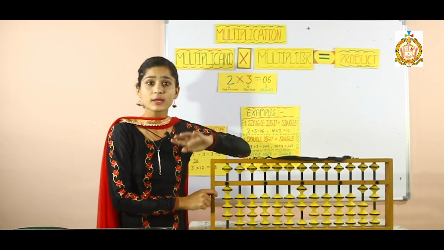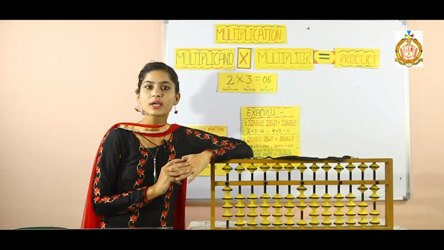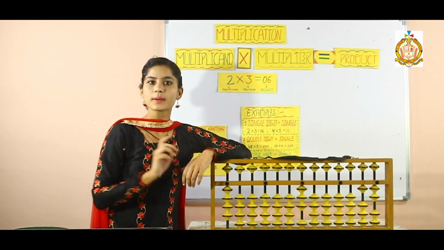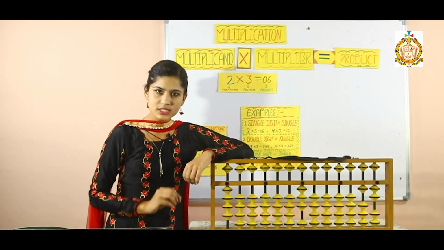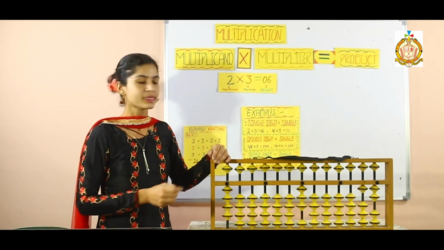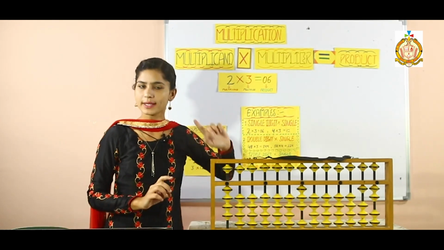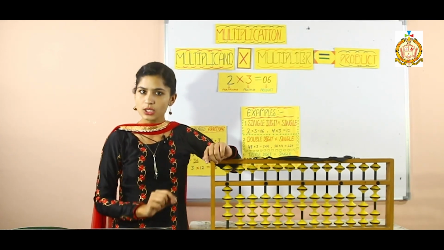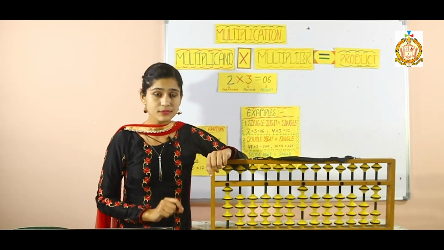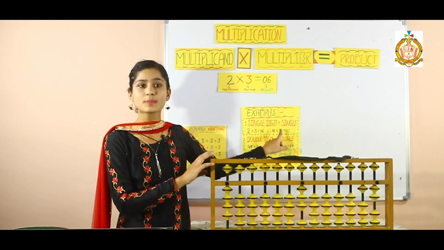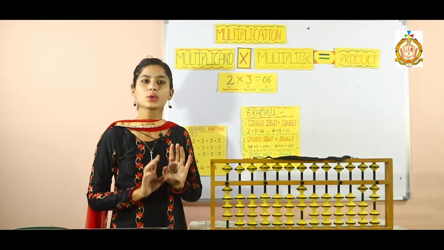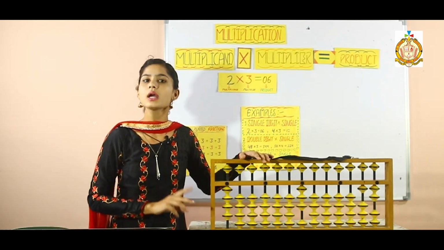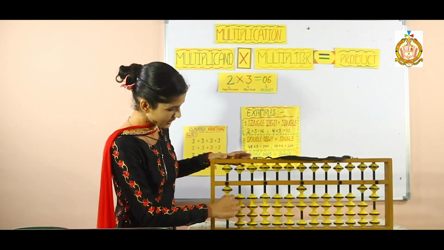Understood? But firstly, our purpose should be to think in mind before starting multiplication: our product will come in how many digits. If the multiplicand is having 1 digit, our answer will be in 2 digits minimum. That's why we are keeping 0 in front of that number. But if after multiplying the multiplicand into the multiplier our product is coming in 2 digits, then no need of keeping 0, because the minimum should be a 2 digit number in the product. Okay, now clear the back scale.